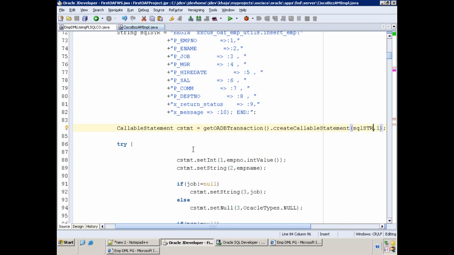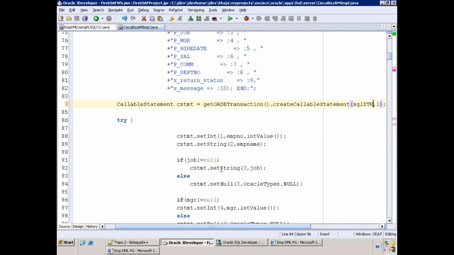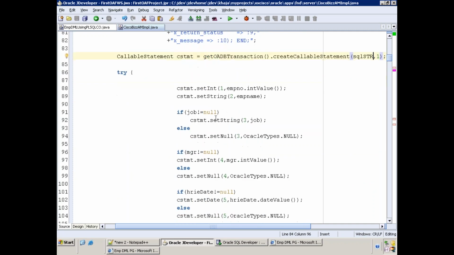Yes, sir. Here we are setting only two values, the employee number and the employee name. Check this proper logic, right? I'm setting all these things with if and else. Because EMP number and E name are mandatory, they cannot be null. That is why I'm not checking the if and else condition for those. But for the other things, I'm checking with the null value because they are not mandatory for us.